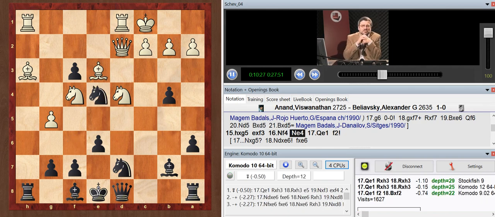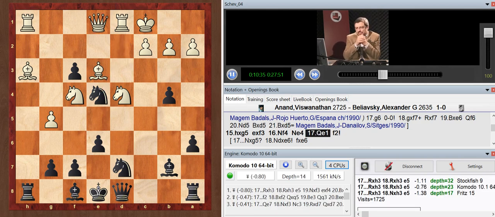Fortunately, black has one more move with knight e4, where he can attack the queen on d2, and after queen e1, Anand proclaims, okay, this is the maximum that black was able to achieve in the short time that he had before the catastrophe strikes, catastrophe with g5, g6, or knight takes e6.